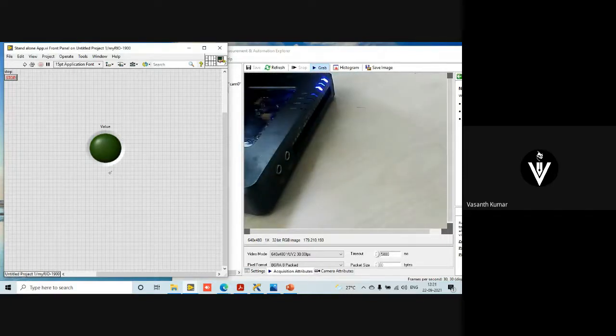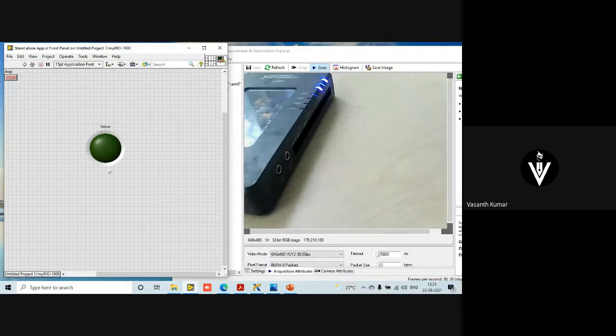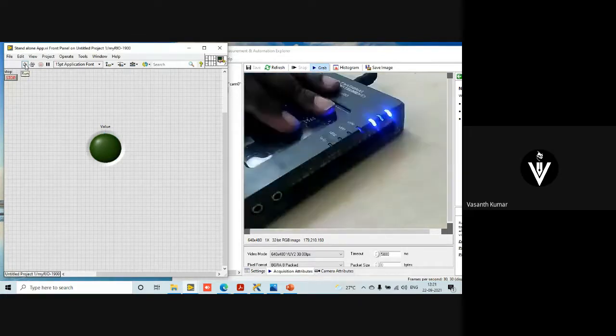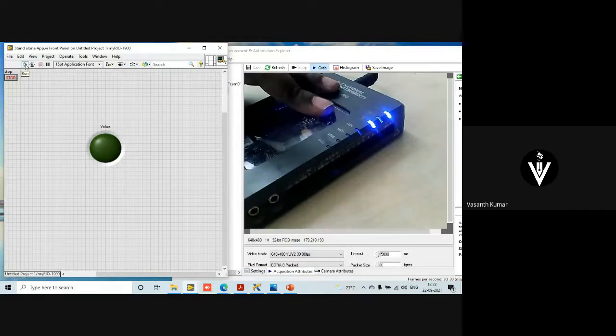Understanding? The application will stop running. You can ask me why this is happening. The reason is we deployed a VI. When I talk about a VI, usually a VI needs a kickoff. You should say run, only then the VI starts executing, even though the code is there inside. But we should connect to your computer.